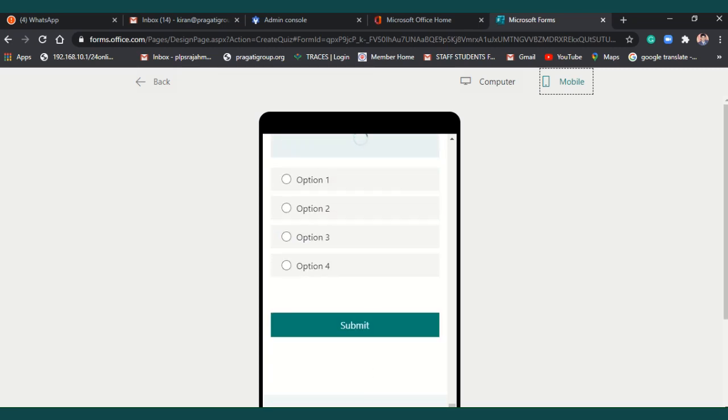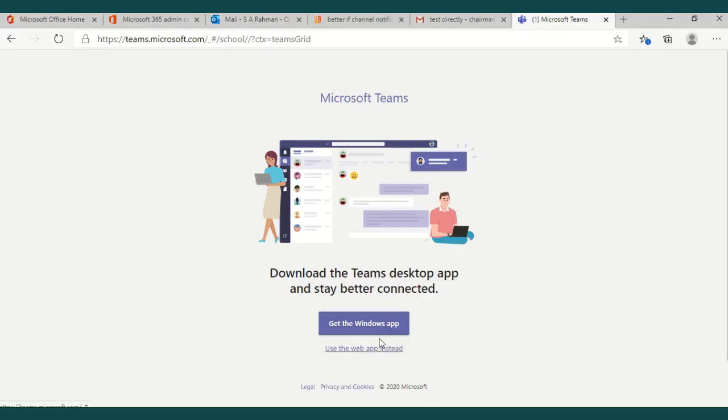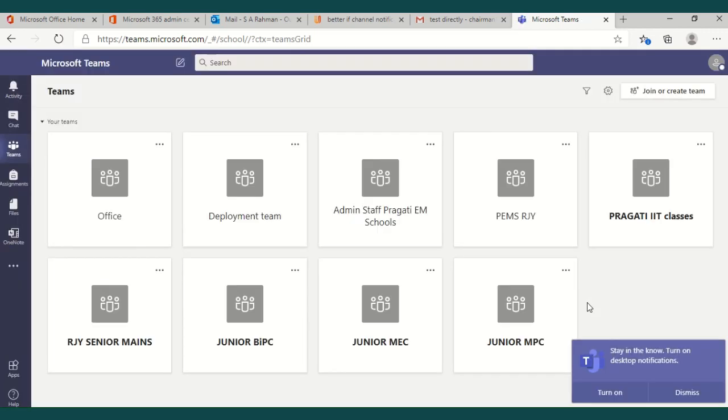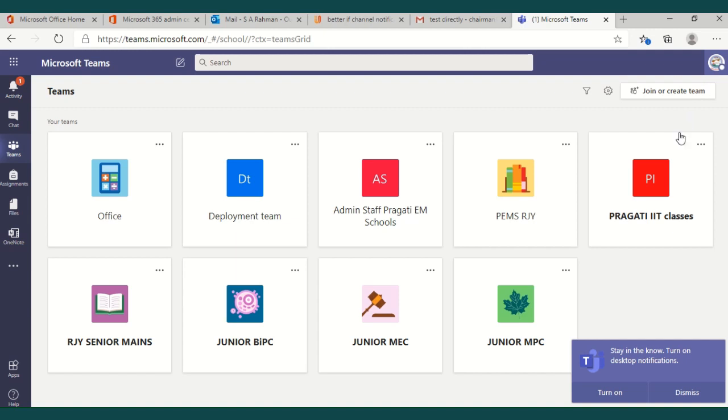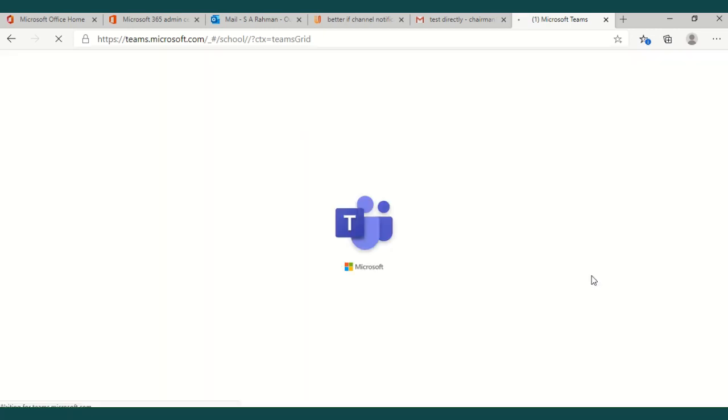Now you can open the student view of the Microsoft Teams. This is the web app. Actually, this is not the theme I was supposed to open. Wait.